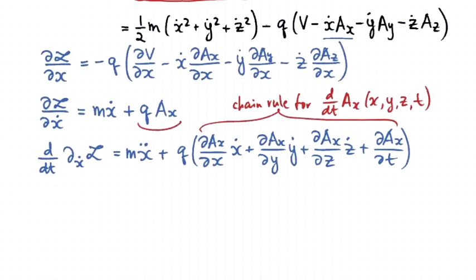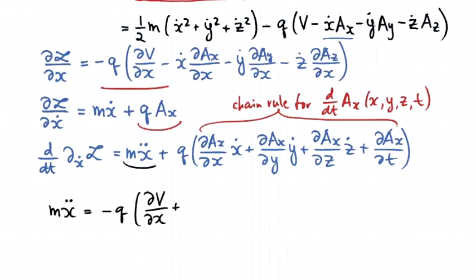Now we can write what we get as the Lagrange equation. Now we can equate the left-hand side and the right-hand sides. Let's move this to the left-hand side, and it will be m x double dot equals, and here we will be doing some rearranging. So we will have this term here. It'll be minus q times partial derivative of V with respect to x plus